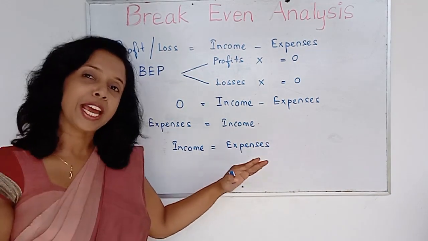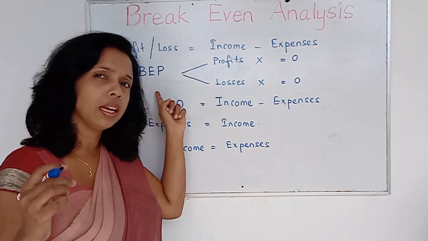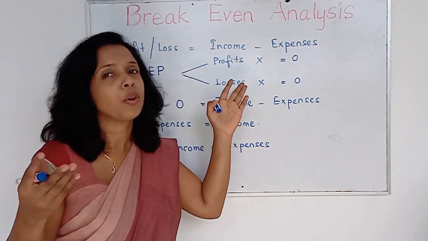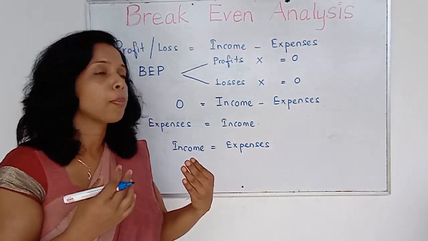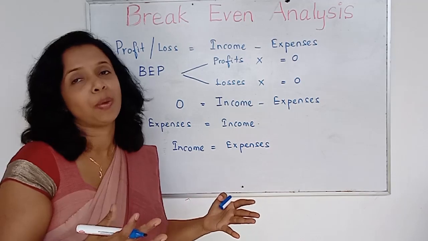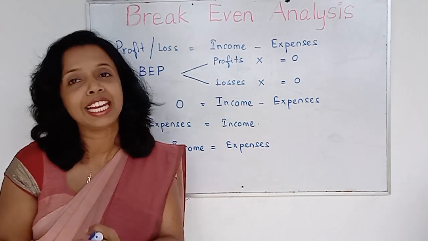Income equal to expenses at the break-even point. Why? Because at the break-even point, I don't have any profit or loss. It's obvious if you don't have any profit or loss. If you calculate your profit, income minus expenses, right? So at the break-even point where you don't have any profit or loss, your income should be exactly equal to